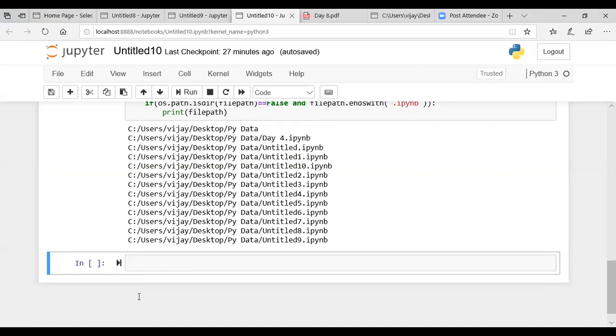Now what we are going to do is we'll be accessing the files. Now how to access a file? Basically, there can be different modes in which you can access the file. It can be read-only mode, write mode, append mode, or read and write mode. So how can we read a file? I have a file which exists in the directory. I'll just show you that file as well, and then we'll work with it.